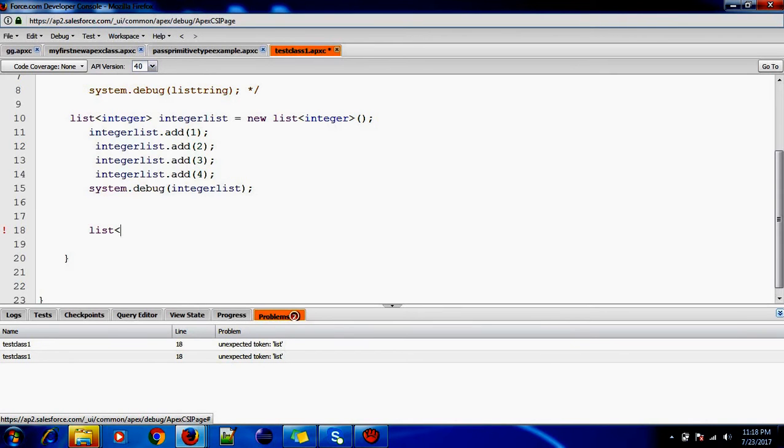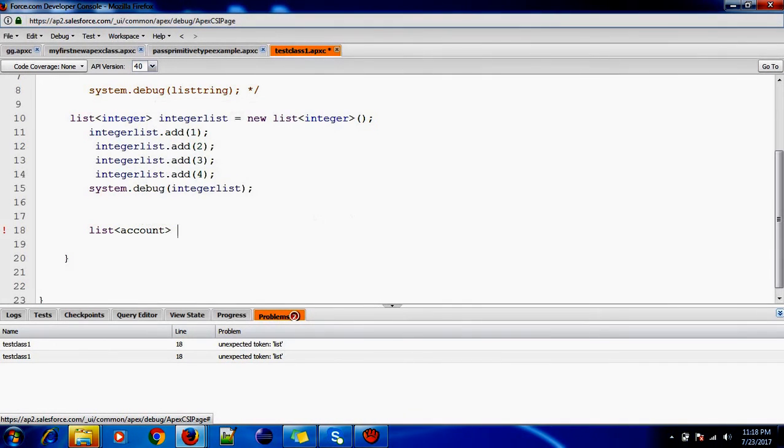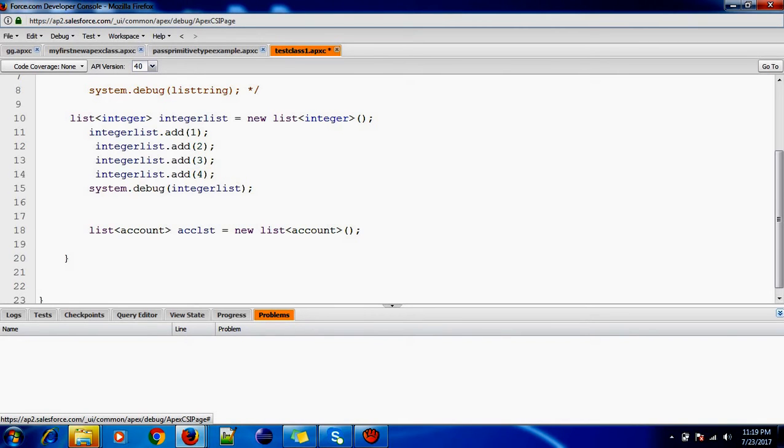So list of account, acc list is equal to new list of account. Done.